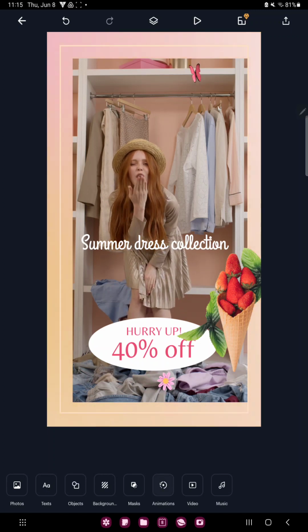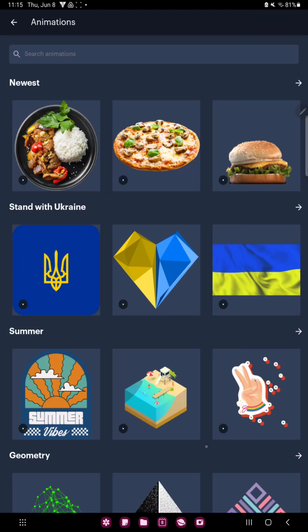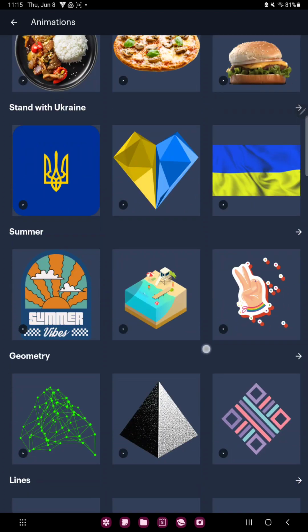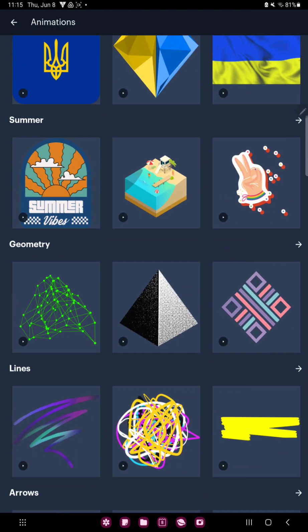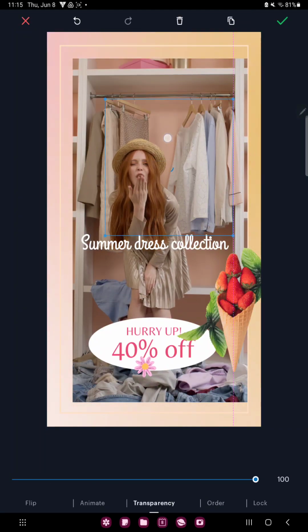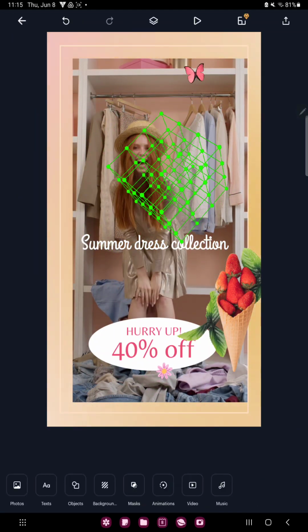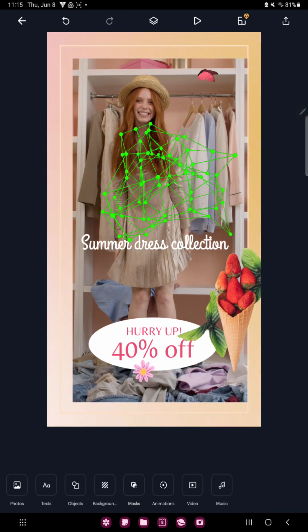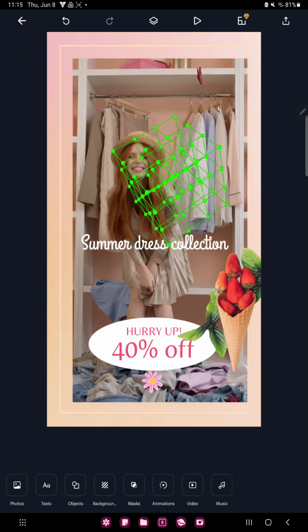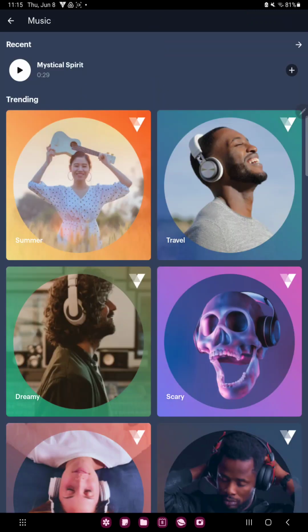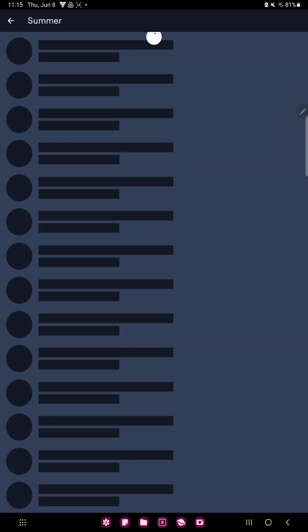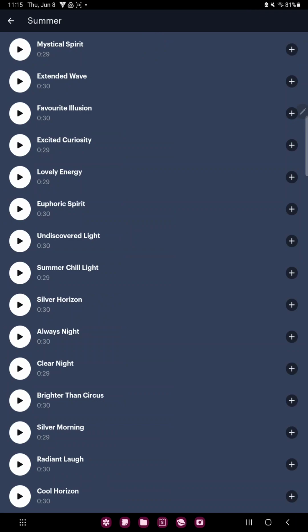In the animation section, you can find different animation types, just select one and click it. You can edit the size and move it. And in the video and the music section you can find different videos and music. For example, go to the music button, click the summer button and select the music, and click the